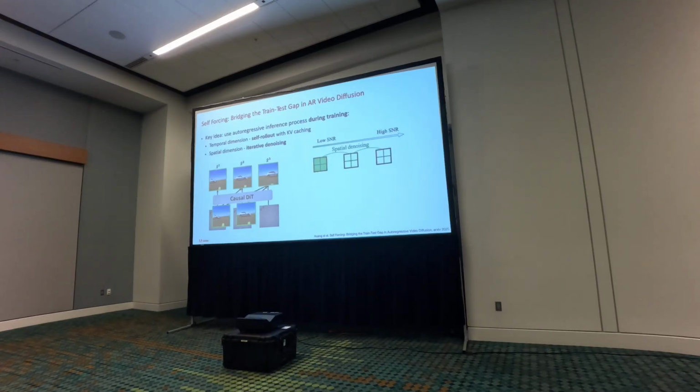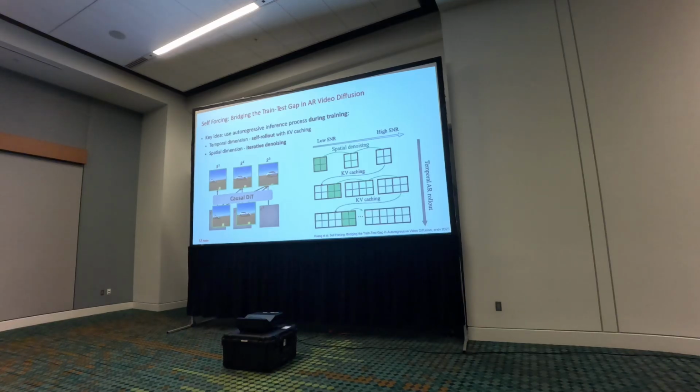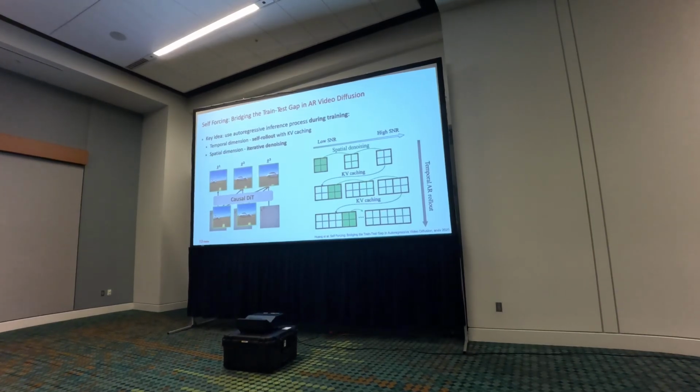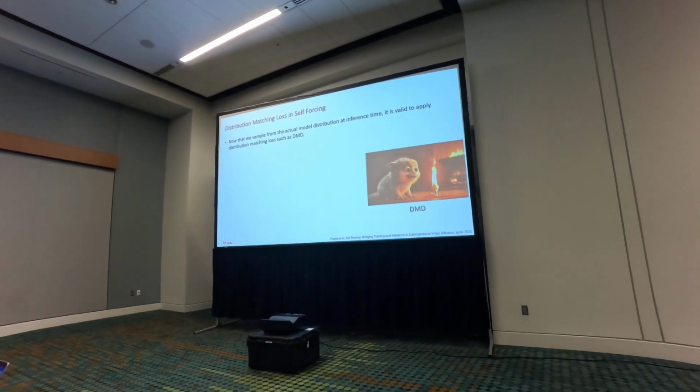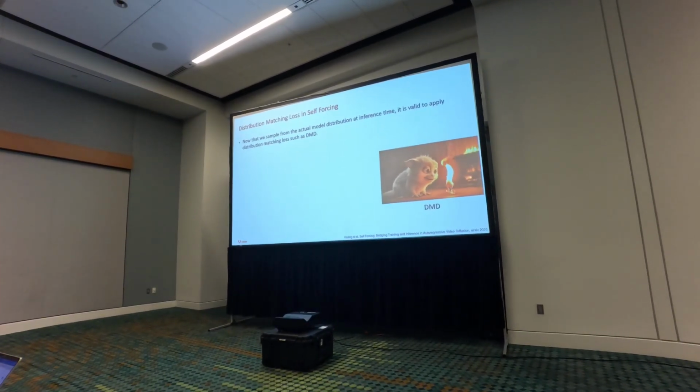And in the spatial domain, again, we're doing denoising, going from this dark green color, which is very noisy, to less noisy for every frame. And then we take the final tokens. These small squares are tokens, actually, in the DiT architecture. Take the final tokens and use them as KV caching for the next frame that we denoise again. Again, something similar to what you see on the left, just on the spatial domain. So, very simple idea, basically mimic the inference during training, and that basically fixes the distribution mismatch,